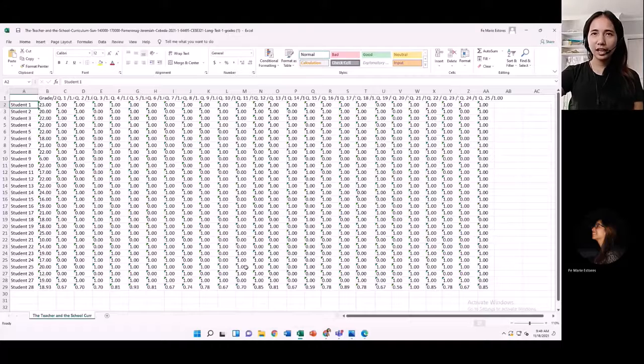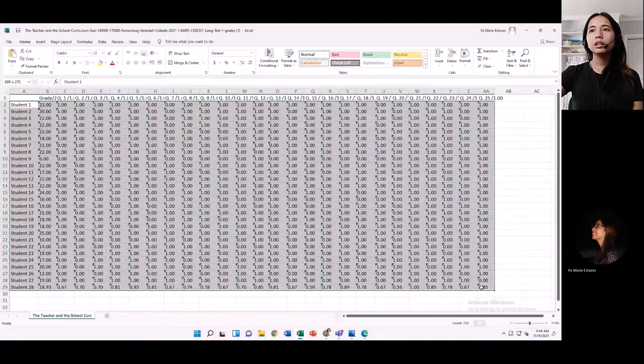First, let's open our Excel file with the data or the test results of our students. And then, as you can see here in the grade column, it is not yet in descending order. So what we are going to do is to make it in descending order, which is the highest to lowest. So let's highlight the student list up to question number 25. Then after that,